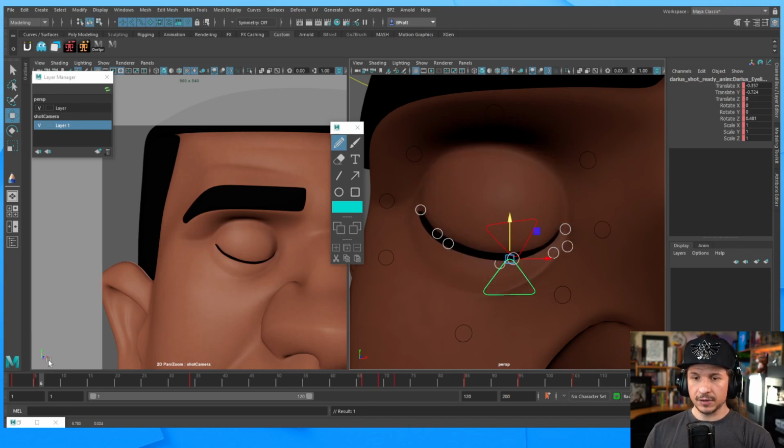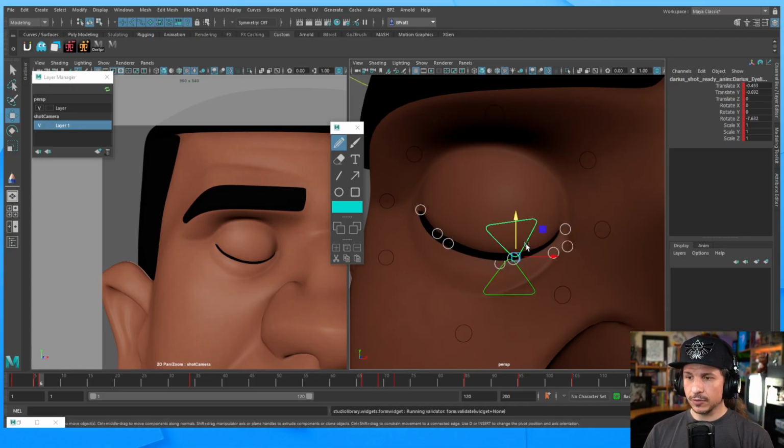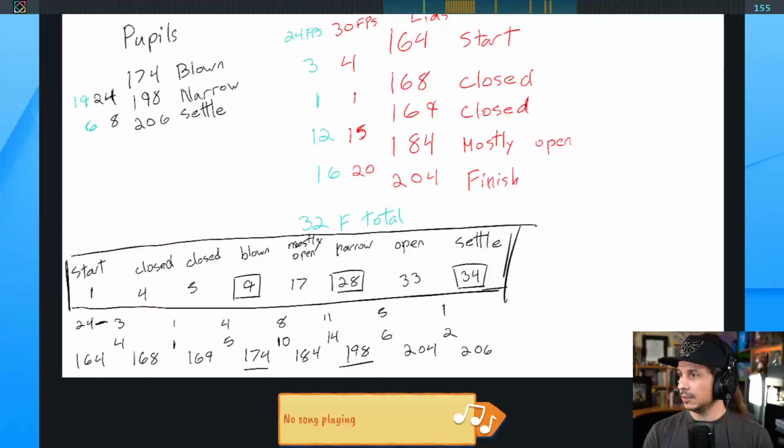Now, frame 6. This is going to be the second close frame. We're just doing a quick block out right now. I'm going to add in all the secondary stuff afterwards. So quick block out. Let's actually just take a quick look at our reference. See what we had. So